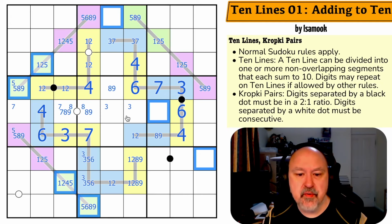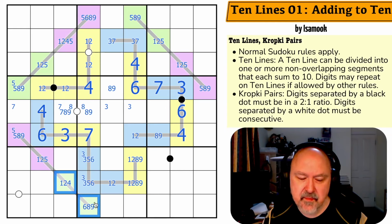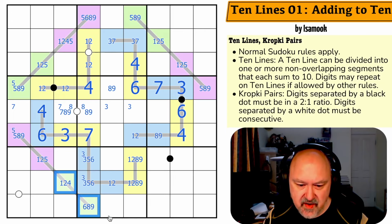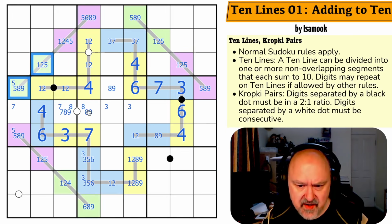And now there's nowhere to put 5 in box 5. Because this 5 and that 5 see all of those. Green cannot be 5, so those can't be 5. But does that eliminate these from being 5? Well, if these can't be 5, I don't know that that eliminates this from being 5. I think I've just disproved that those could be 5, because that would force 5 in this box. If these were 5...